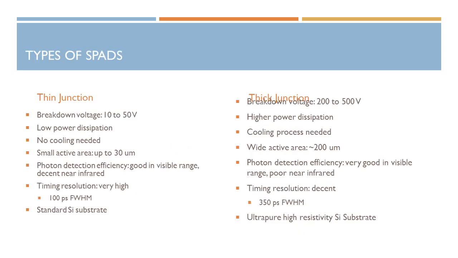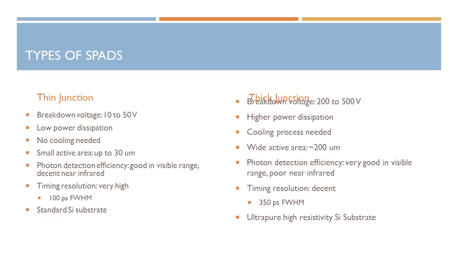There are also two types of single photon avalanche devices, thin junction and thick junction. Both types have been improved with modern science to have low dark count rates, which decreases the noise in the output signal. For the thin junction diode, the breakdown voltage is much lower than for the thick junction. The thin junction's breakdown is in the range from 10 to 50 volts, while the thick junction's is from 200 to 500 volts. From the amount of voltage needed, we can see that the thick junction will have a higher power dissipation than the thin junction, and therefore requires a cooling process in order to keep the diode functional. The thin junction has a small active area up to 30 micrometers, while the thick junction has a wide active area of typically around